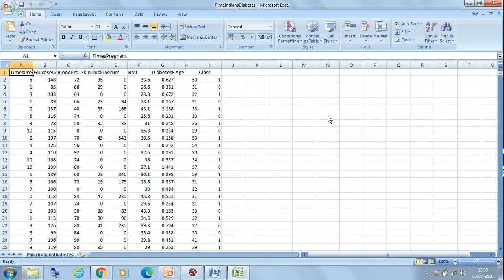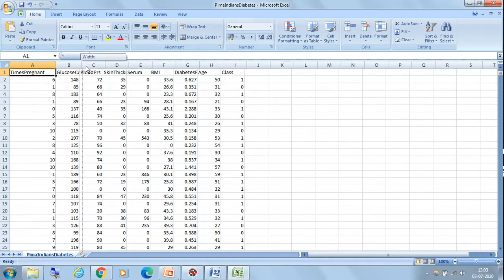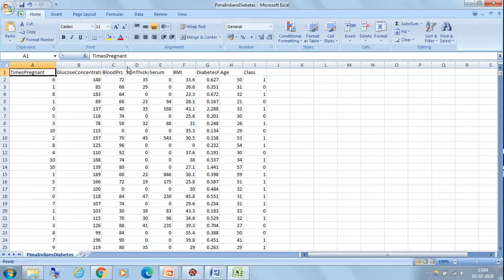You can see here number of times pregnant, glucose concentration, blood pressure, skin thickness, serum, BMI, diabetes functionality, age. All these are our independent features, that is, our set of input variables.